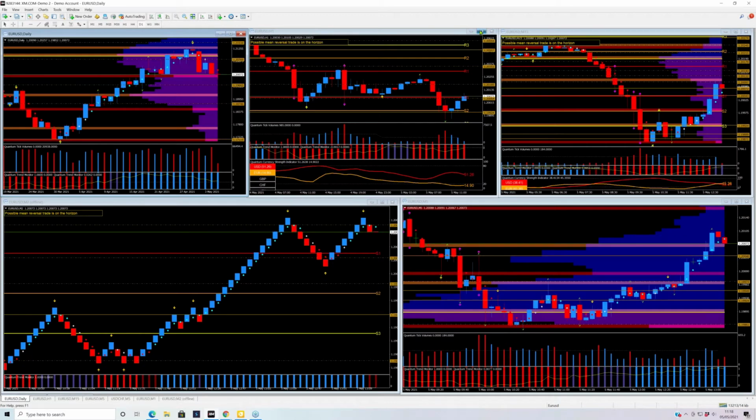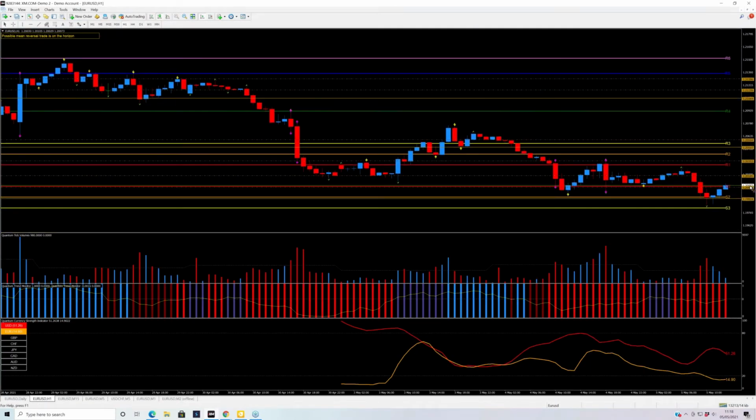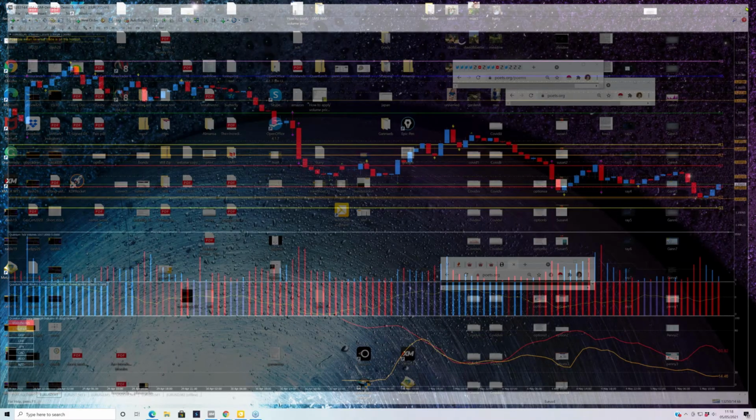Then the levels come into play on the hourly chart. Now the hourly Camarilla levels differ from the ones on the time frames below the hour, inasmuch as these levels are now in play for the rest of the week. And in fact, what's interesting, while this move was in progress, when I looked at the hourly chart, I said, well, I think the chances are it will probably try and get to the S3 on the hour, and then it will reverse. It actually stopped just short of the S3 because as we saw it,